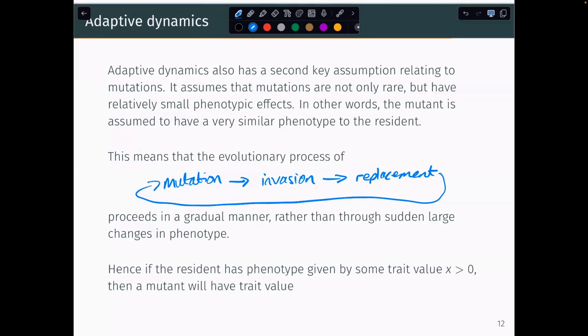Because we're assuming that our mutant is very similar to our resident population, with a very small phenotypic effect, if our mutant replaces the resident and then a new mutant arises, again, if you think of that as being like the real line, you're just slowly shifting along that real line. You're not making big jumps, you're just shifting along very slowly. So this means that evolution proceeds in a gradual manner rather than having sudden large changes in phenotype. Sometimes you'll see this referred to in the literature or in textbooks as a local mutation rather than a global mutation. In other words, it's just a small